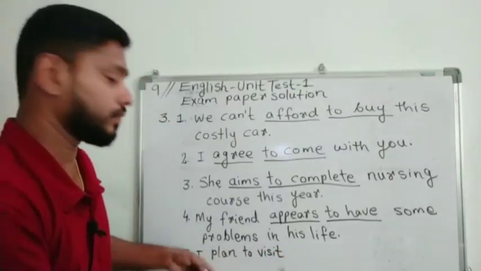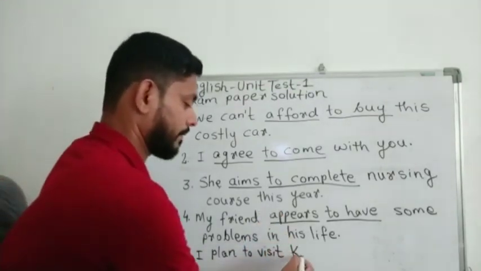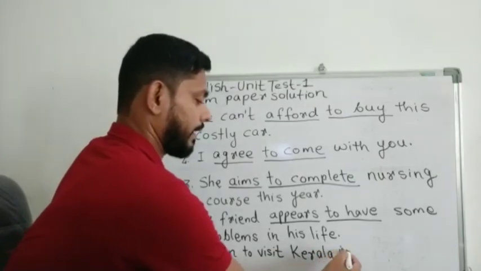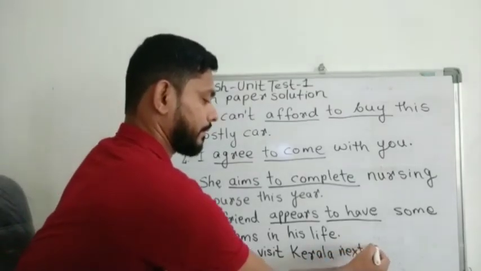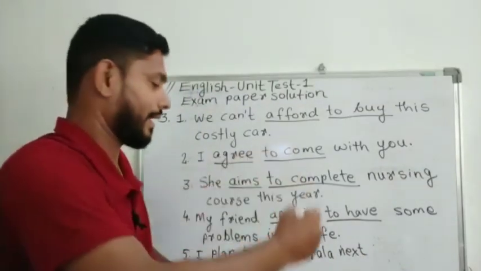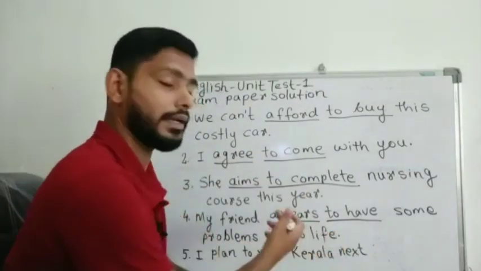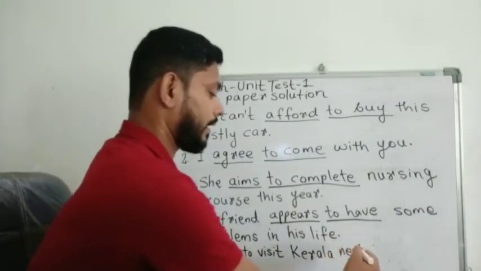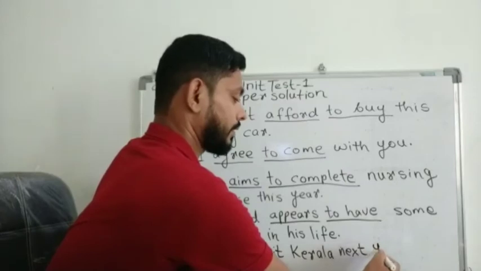I plan to visit Kerala next year, and you know, sir is from Kerala. Okay, so here I have made a simple sentence. You can make your own sentences. I plan to visit Kerala next year,